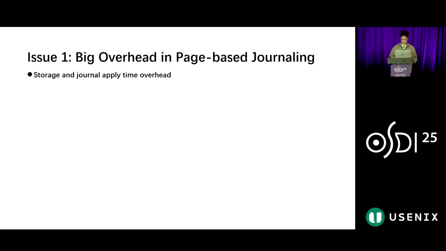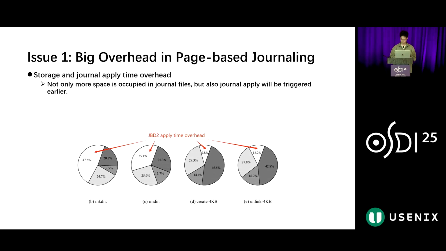This means that the conventional journaling mechanism like JBD2 journals the metadata at page granularity, so it will induce storage overhead and journal apply time overhead, which means that it will require more on-disk journal space, and the journal apply will be triggered frequently to reclaim the journal space. So in our experiments, you can see the JBD2 apply time can occupy a big portion of